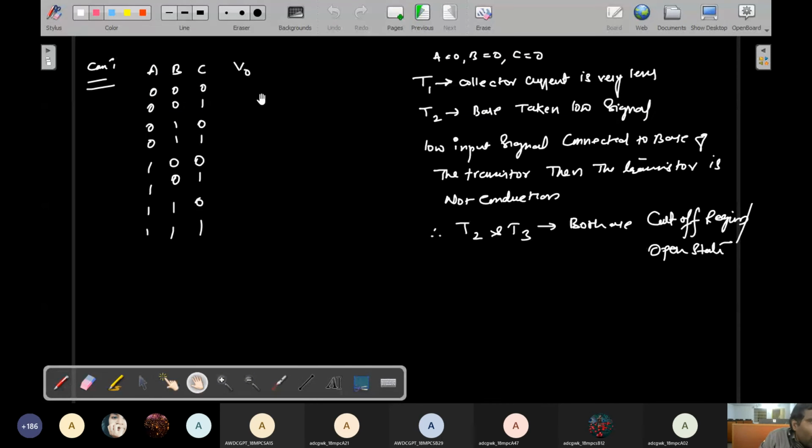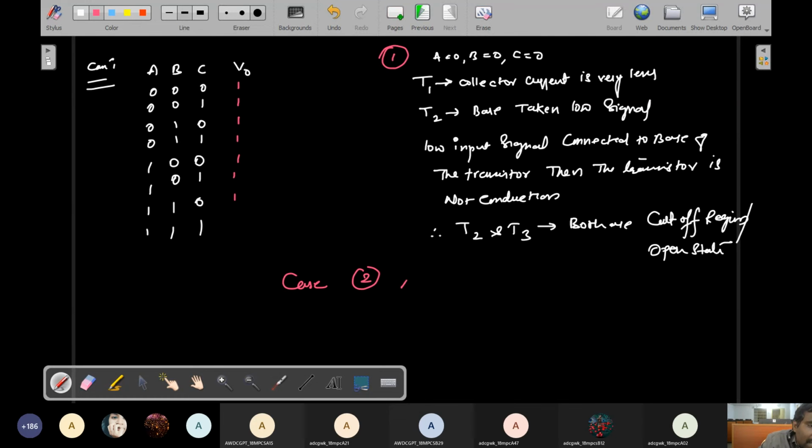So see here, all the possibilities of zeros are there in any one of the inputs. Any one of the inputs is a 0, so therefore the output is a 1. In this case you will get 1 only, in this case 1, in this case 1, and this one. So finally these are all maximum 1. But what about when all the input terminals are high? So this is the first case, case 1.